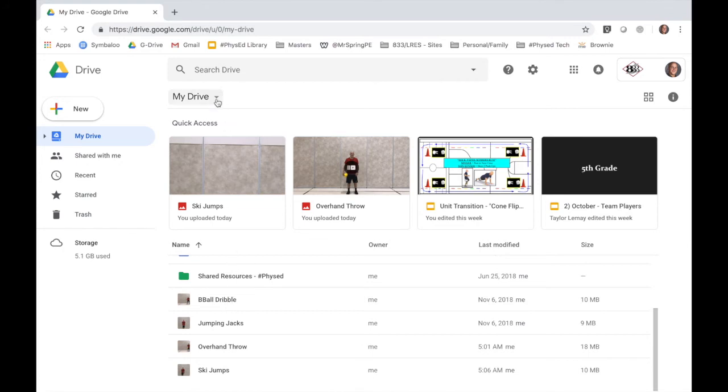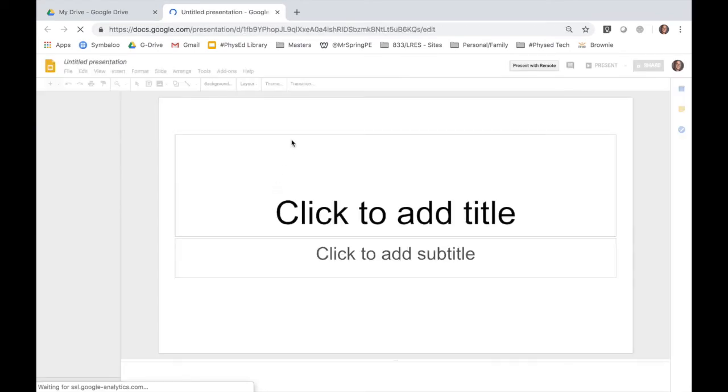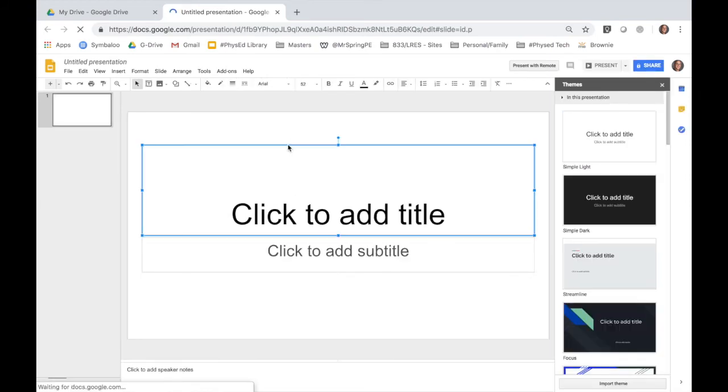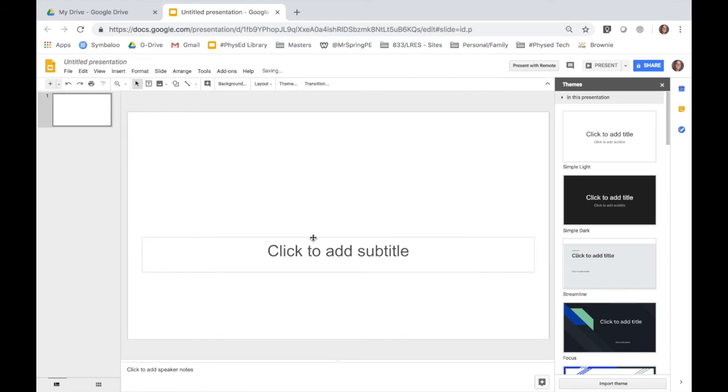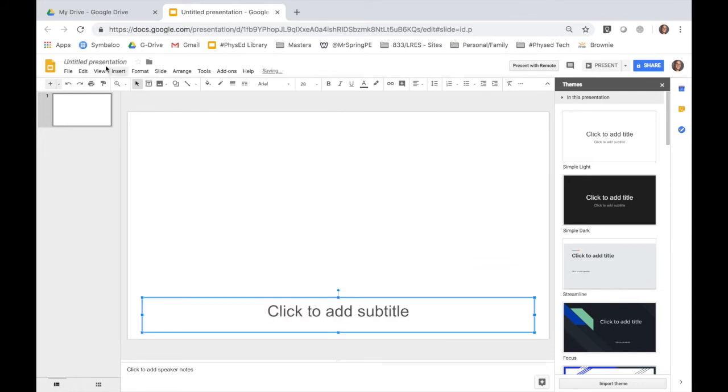So now, when you want to make a blank Google Slides presentation, which is what we use, you're going to go up here to My Drive, and you're going to go to Google Slides, and you're going to click it. And it's just going to make a generic Google Slides presentation. Again, this is just like PowerPoint, but Google's version. So I'm going to delete. Or I could just keep this title, I guess. That's what else is cool. You can add titles, you can add pictures, you can do all kinds of things. But the first thing I'm going to do is make a title. Animated GIFs in Physical